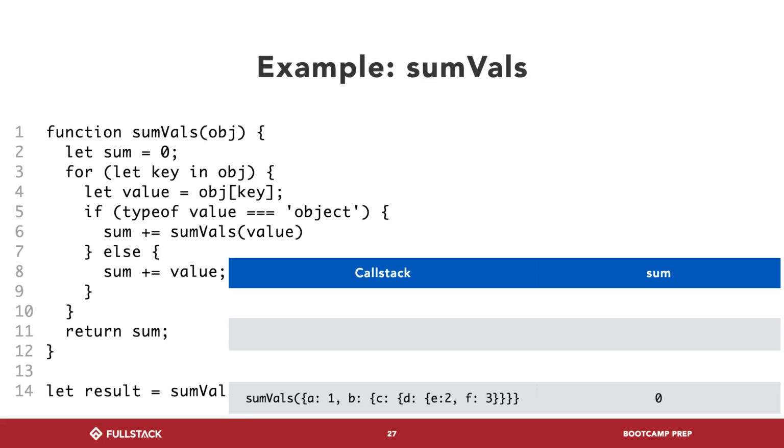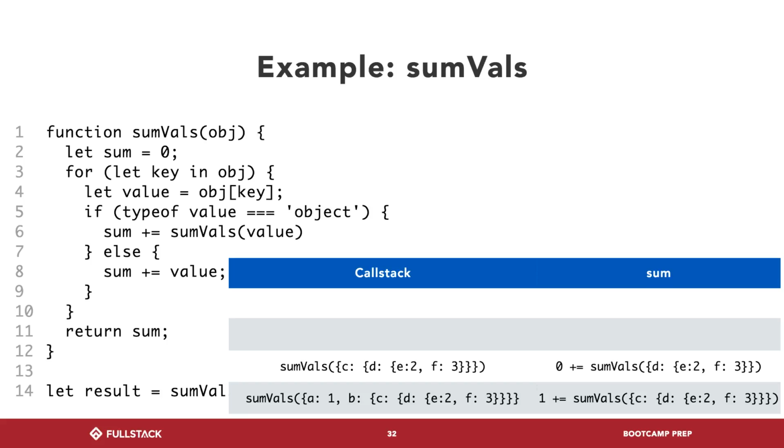So if we go to our call stack now, this one's going to get really hairy, right? Initially, we calculate sum for A, then we look at B, and the value for B is a massive object. So we look at the sum for that massive object, which is C, and then the value for C is a massive object. So we look at it for D, and you can look at the slides on your own. It just gets very complicated very quickly. But the point is, once we get deep enough, we reach two values that are just numbers, right? 2 and 3. Great. In that case, there's no more recursive call because we never encountered another object. 2 plus 3 is 5, and now we just work our way backwards again. 0 plus 5 is 5, and then we eventually get to whatever the answer is here.